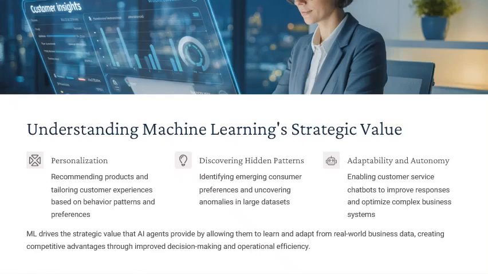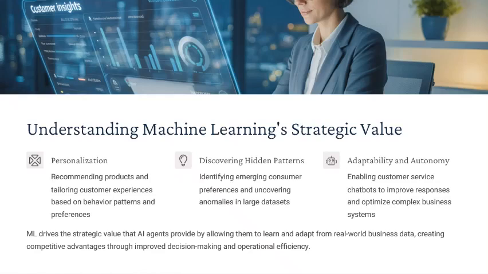And they adapt. A chatbot, for instance, can refine its understanding, its responses, based on the nuances it picks up from millions of customer interactions over time. So it gets better. It gets better. This isn't just about processing data faster. It's about extracting real strategic value by enabling the agent to learn directly from the messy, ever-changing reality of business. Okay, so that's the why. How does this learning process actually happen?